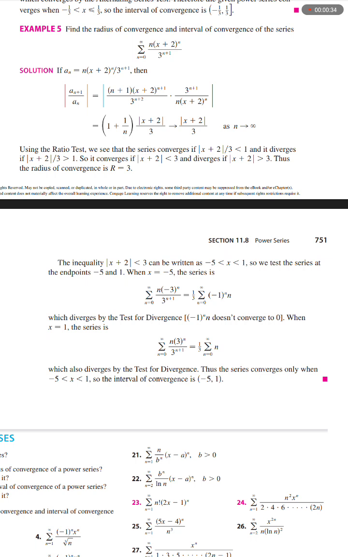Solution: if a_n equals n (x + 2)^n over 3^(n+1), then the absolute value of a_(n+1) over a_n equals the absolute value of (n + 1)(x + 2)^(n+1) over 3^(n+2) times 3^(n+1) over n (x + 2)^n equals (1 + 1/n)